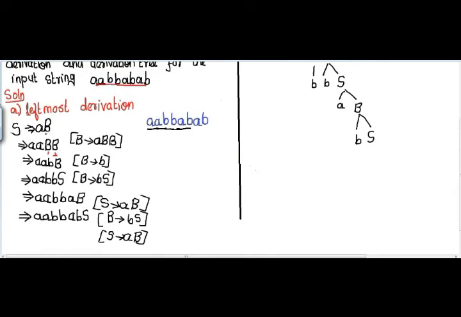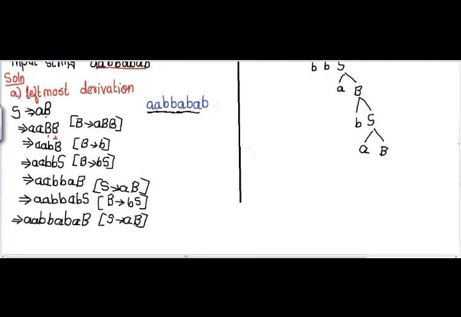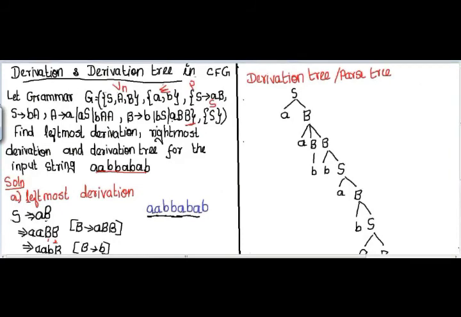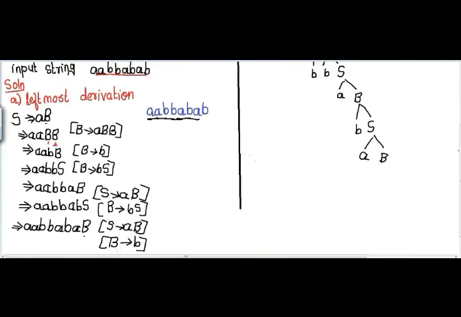I'll be substituting this S tends to AB in the derivation as well as this parse tree. Only one character is left in this input. So let me check this B production here. I have two B productions which start with B. Since I need only one character B, I am going to choose this production B tends to B. That means instead of capital letter B, I am going to substitute small letter b. Simultaneously, I will be completing this diagram.